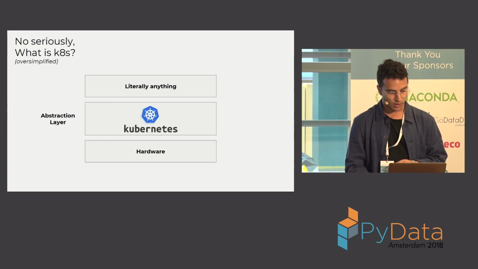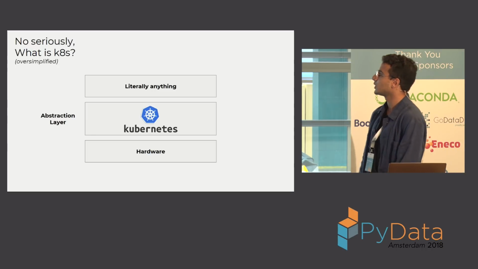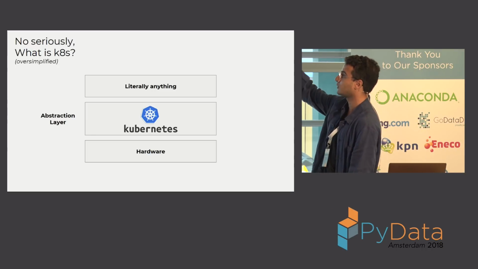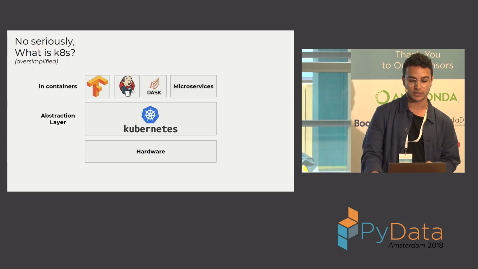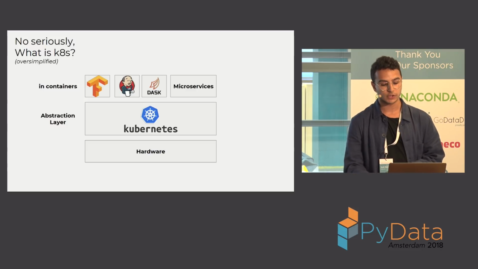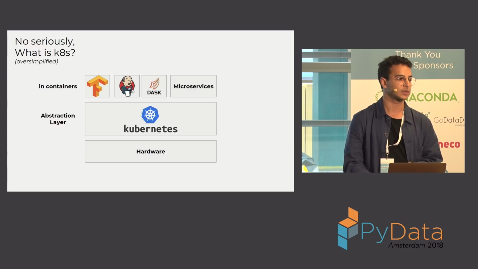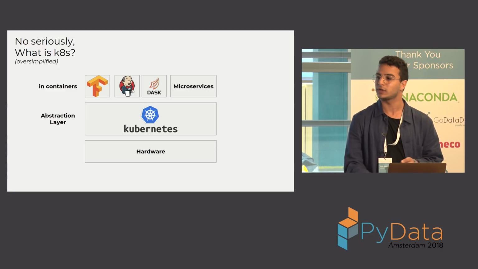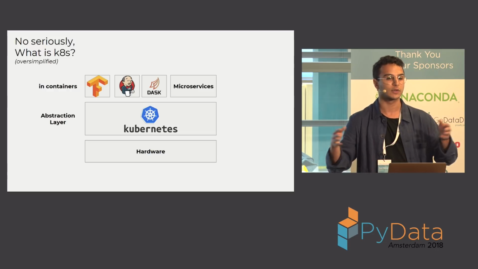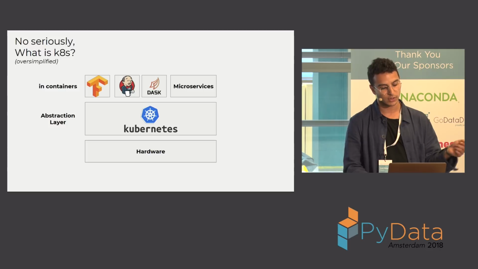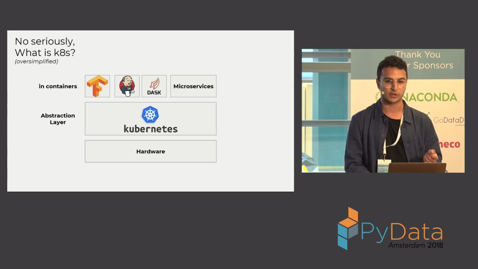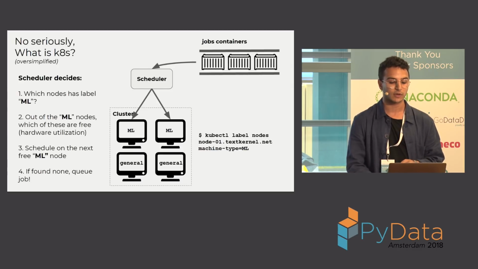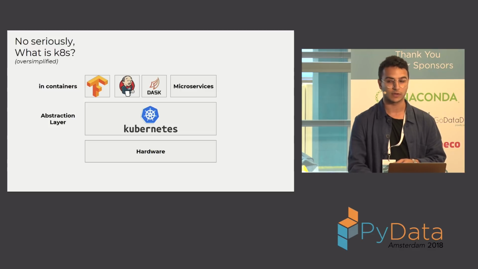Okay. So one other way to view Kubernetes is it's basically an abstraction layer between your hardware and whatever you want to run. So as I mentioned, we ran Jenkins executors, we ran Dask workers, we ran microservices or TensorFlow jobs. So Kubernetes doesn't really care what it is running in most cases. So it only ran containers, right? So it doesn't really care what's inside these containers. And that's the good thing about it, that you can have multiple workloads of different types running on the same cluster, not machine. Assuming, of course, that we did the kind of scheduling constraints that we viewed here. So that's why we needed these constraints, to make sure that these workloads can peacefully run together in the same cluster.